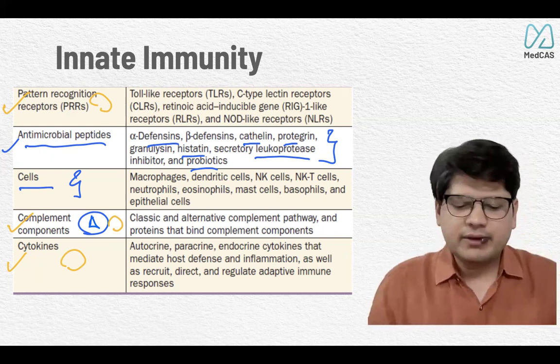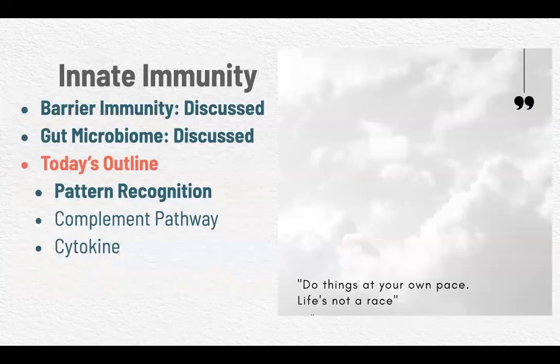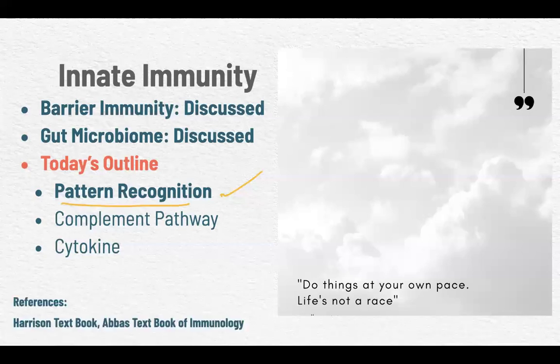Okay. So when we start with pattern recognition, it is important to know that we can recognize bacteria, virus, fungus, parasite. Why do I keep repeating this? Because I started the immunology series with that, right? Immune response to infections. Because that's what, as a clinician, I can correlate very fast. I see viral infection, I see fungal infection, I see parasitic infection. I know the clinical manifestation of that, and then we started how the body fights that. Taking that as a prototype, the relation becomes quite easy to identify. So first, today we will start with pattern recognition and see how we proceed from there.